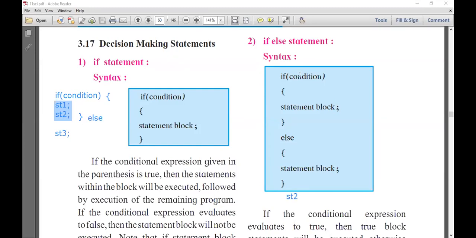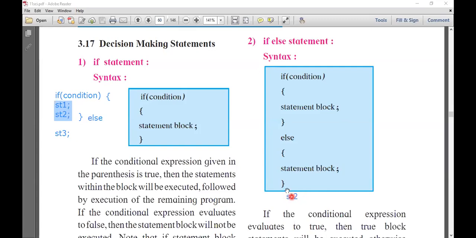Now if the condition evaluates to true, then the first statement block will execute and control jumps to execute statement 2. If the condition evaluates to false, then this part will not execute. Control directly jumps to the second statement block, it executes, and control jumps to execute statement 2.